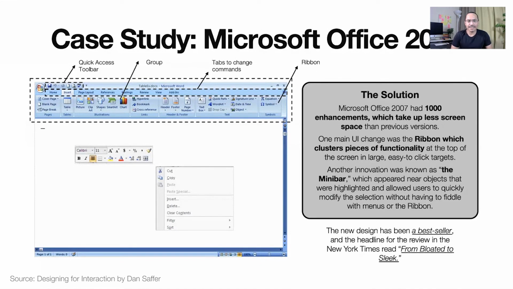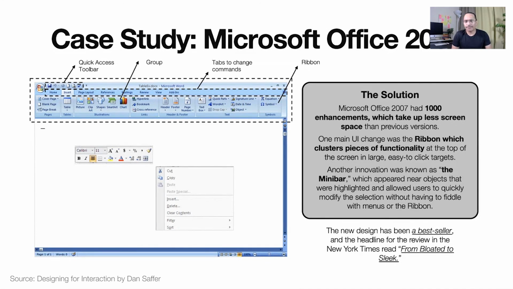It was well structured, well packaged, properly grouped, and followed all the principles of design. There was a quick toolbar on the top. Then all the information was grouped following the law of proximity. They grouped the information in different tabs, and they had the top bar that they called the ribbon, and also mini bars. So if you were on a particular element, you could right click and access a quick menu or action items. So that's how they solved it.